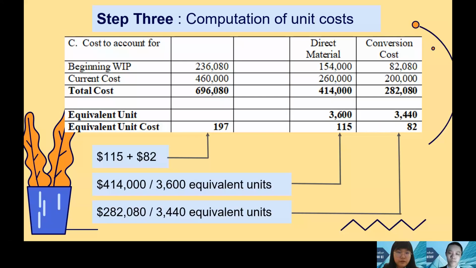Therefore, we will total it up. The total cost for direct material is 414,000 and conversion cost 282,080. And totaling these, we will get